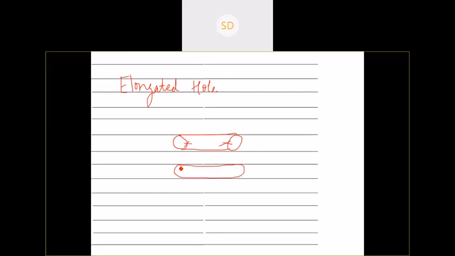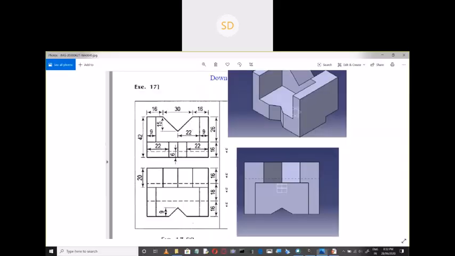Okay. Now in CATIA, you can draw this type of holes. Either it may be a straight hole or an arc shape hole, using this elongated hole option directly. So now I'll load one diagram. I'll just open one diagram and just